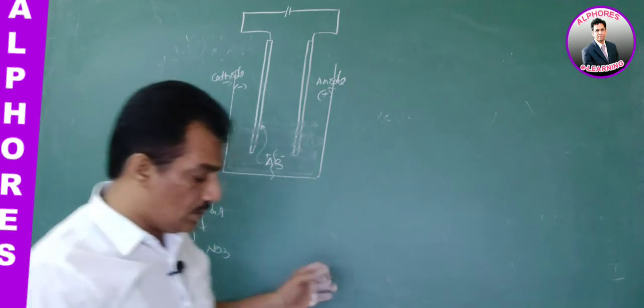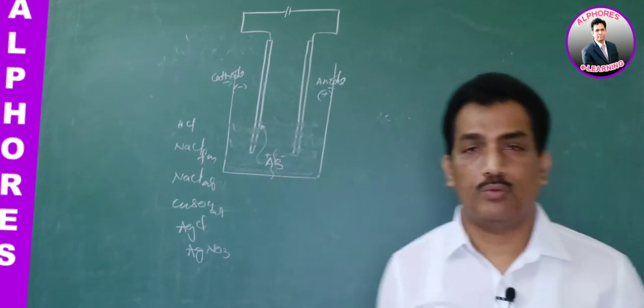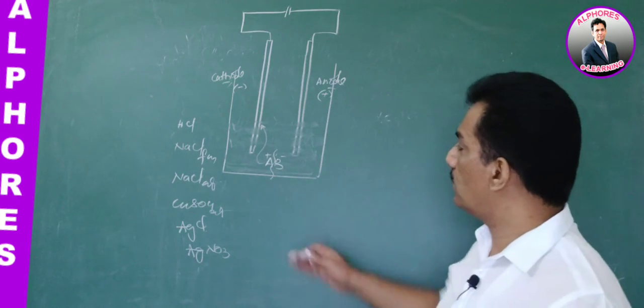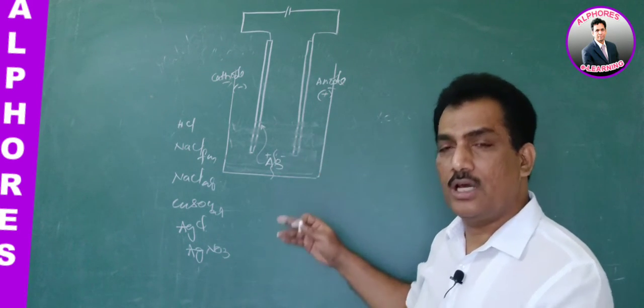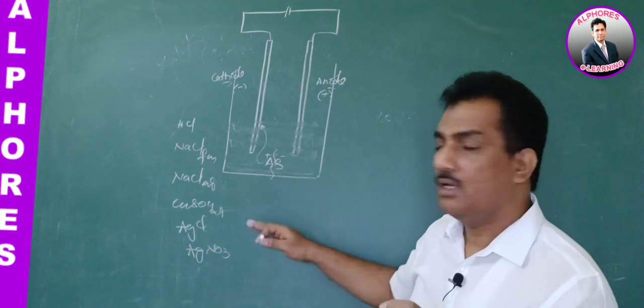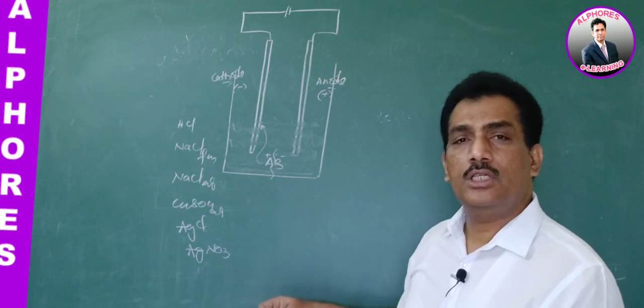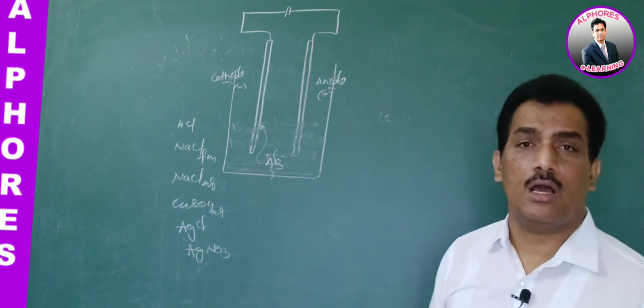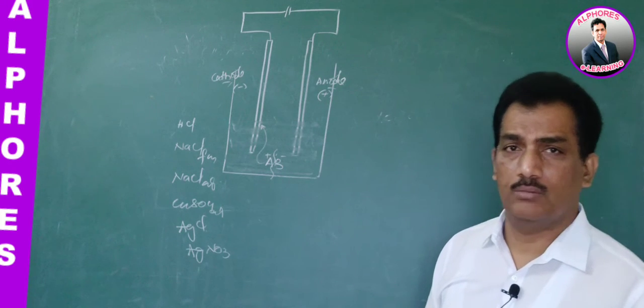Altogether simply we can say that at different electrodes, the products that are deposited or released when current is passed through different electrolytes have been discussed. What the products are is nothing but qualitative. Of these, chlorine release, hydrogen release or oxygen release, that quality is measured.